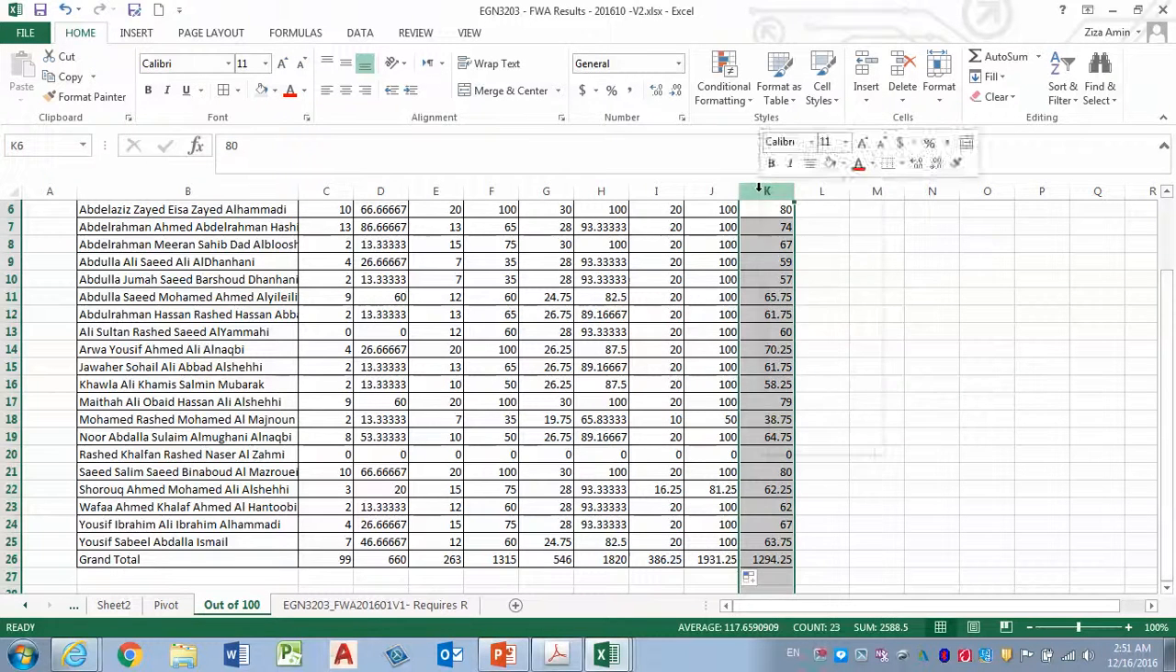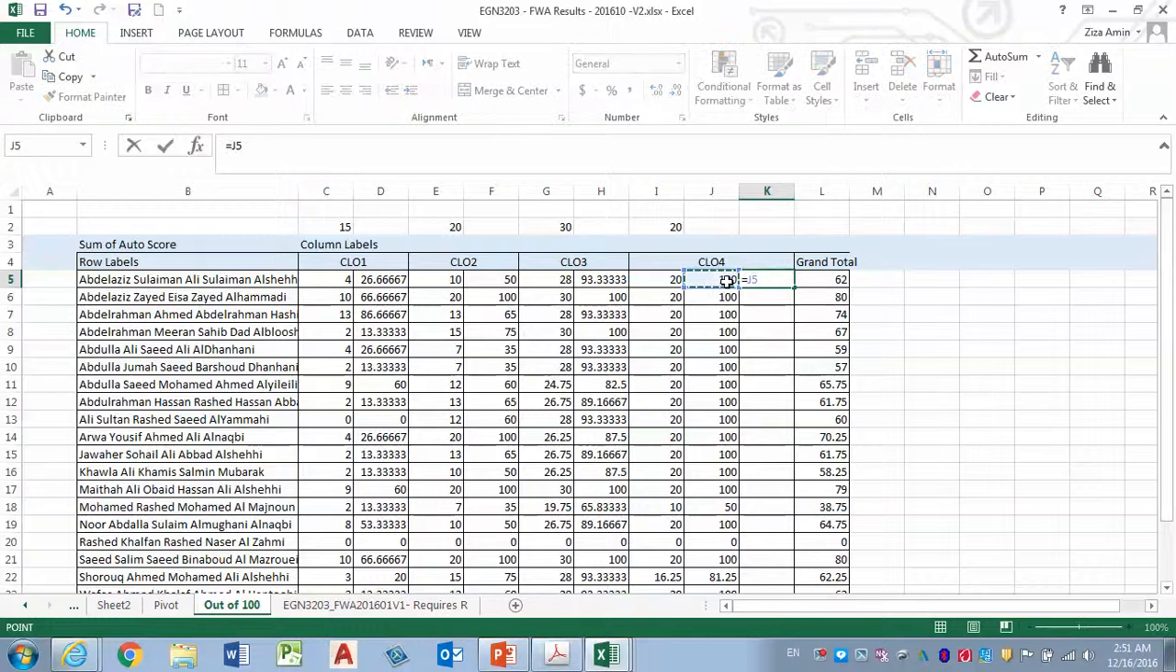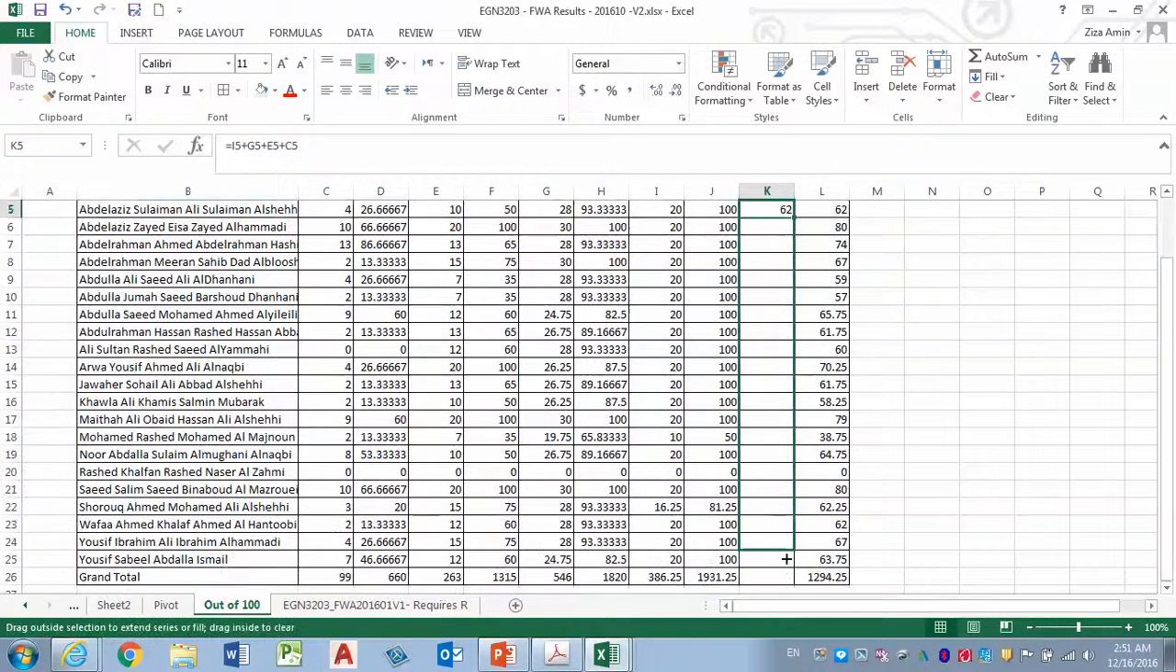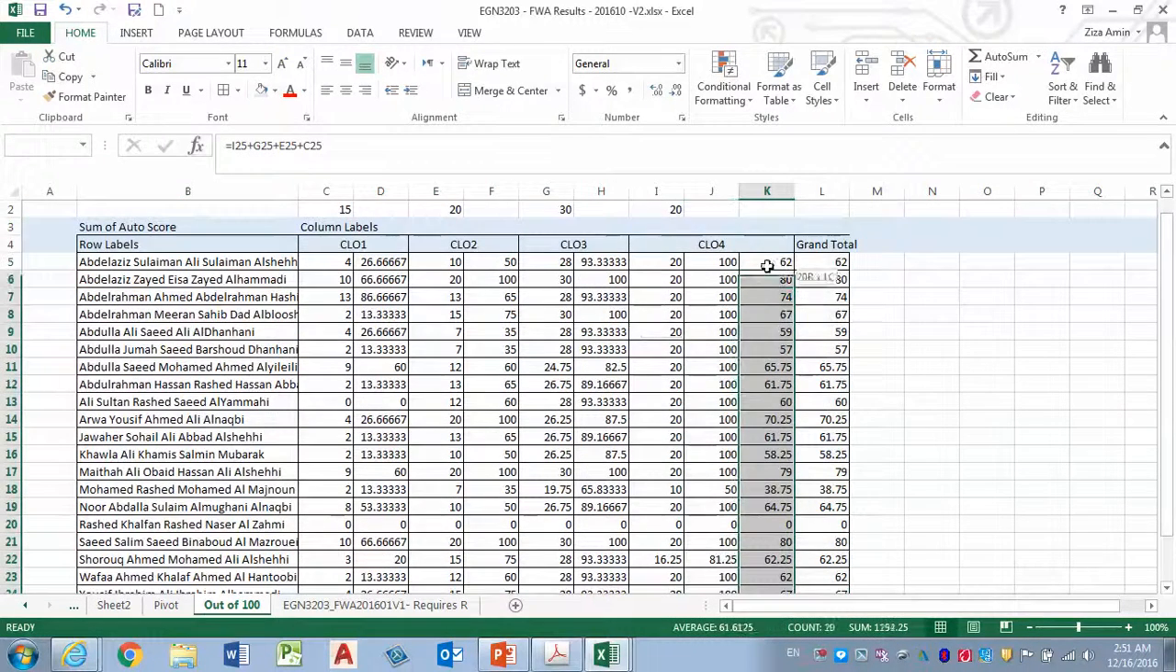Now just want to double check, insert. This one is equal to 1, 2, 3, and 4, which makes 62. The numbers are matching. Life is good. I don't want this. Delete. Right. Now,